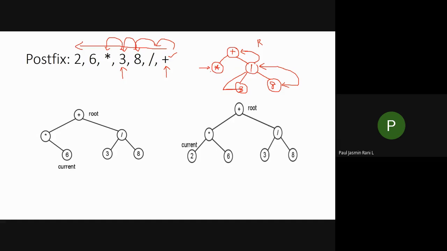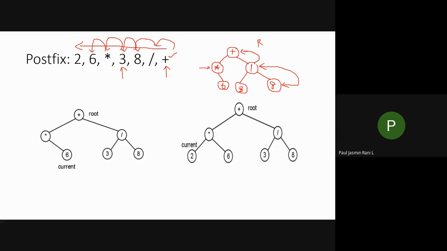From that, where I have to visit, the first preference should be given to your right side. Since this is a postfix expression, I have to give preference to your right side. Always remember this: for a postfix expression, from your current node you have to give preference to your right side. When the right side is occupied, in that case you have to give preference to your left side. For this current node my right side is free, so I can insert this element 6 over here. So on the right side of this asterisk node I inserted this 6.